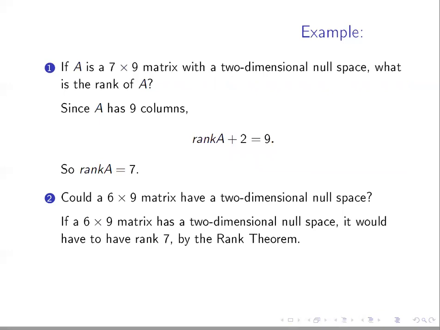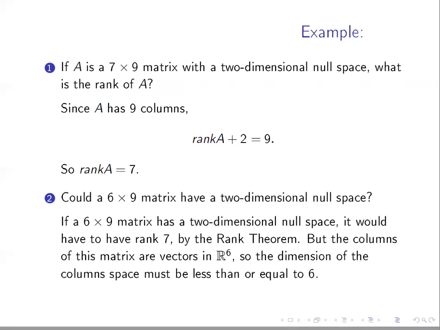The answer to that is, if it has a two-dimensional null space, then it would have rank 7. That's by our theorem that we just did. But if it has rank 7, notice that means there are 7 pivots. But 7 pivots would be a problem, because that's actually impossible for all the columns, because